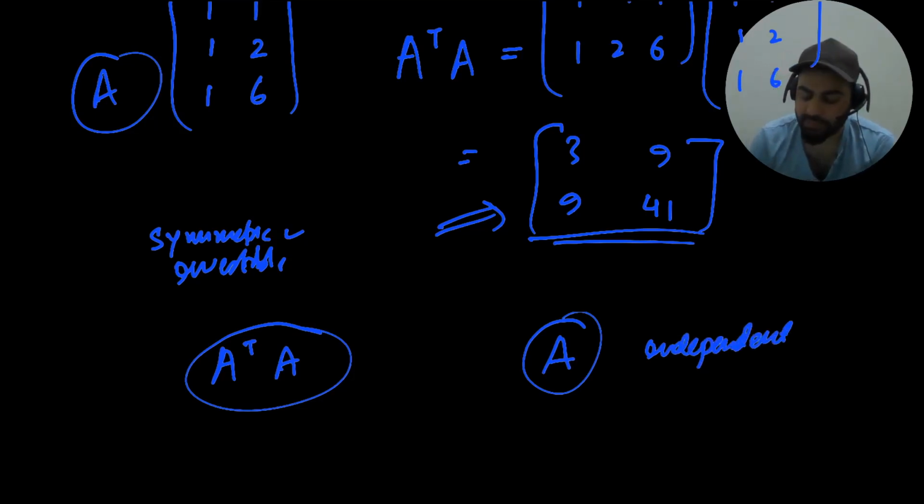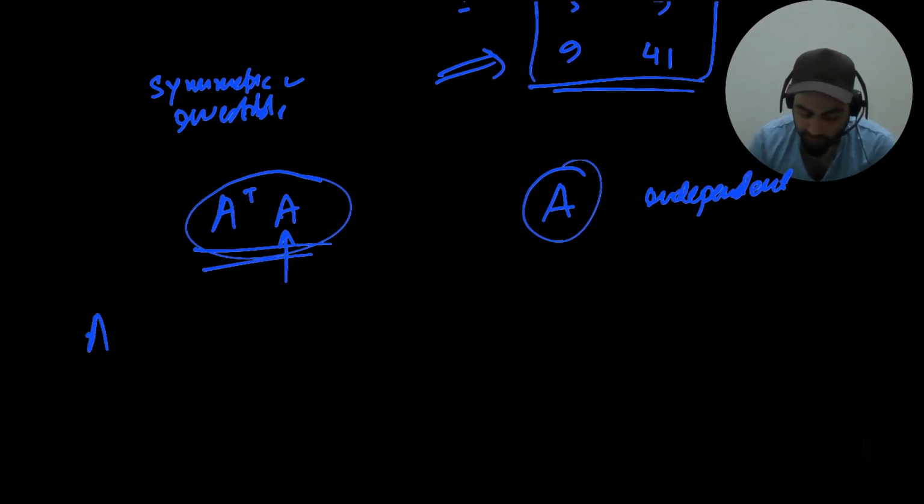Okay, so what I'm saying is that the A transpose A inverse won't always exist because there can be dependency in the rows. The inverse will exist if the columns of A basically are independent. Okay, so I'll just write this. A transpose A is a symmetric matrix. A transpose A will be invertible,